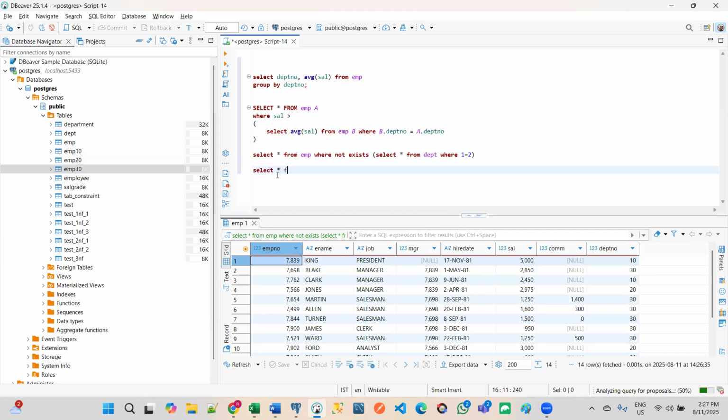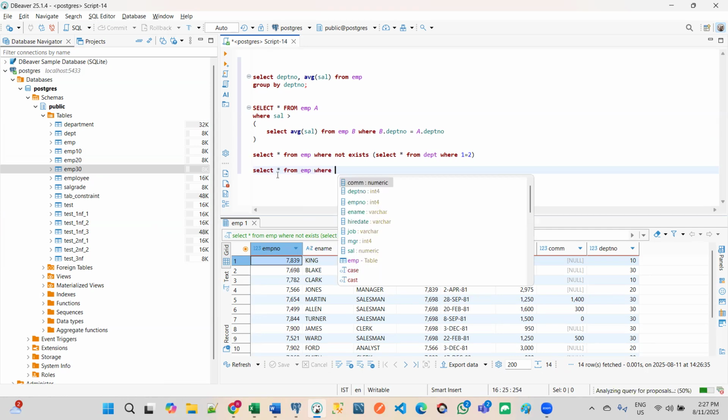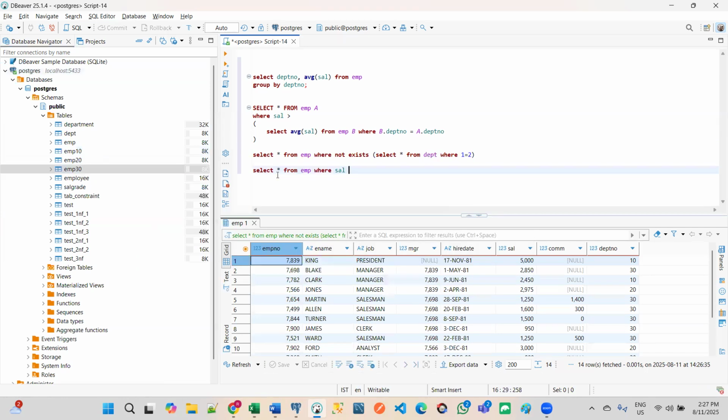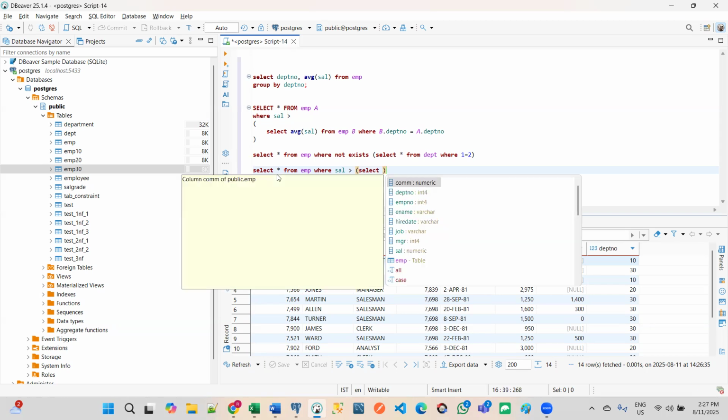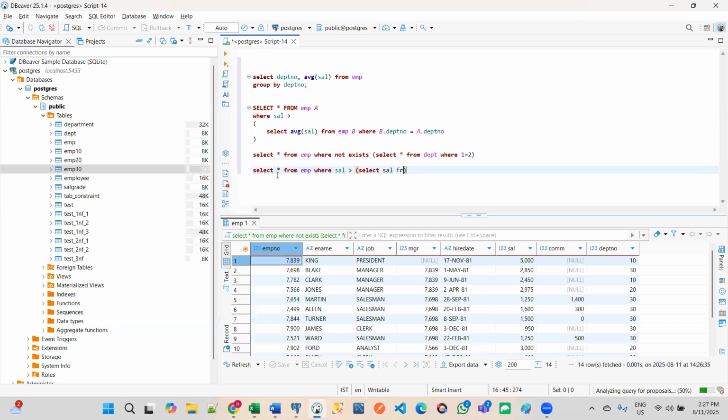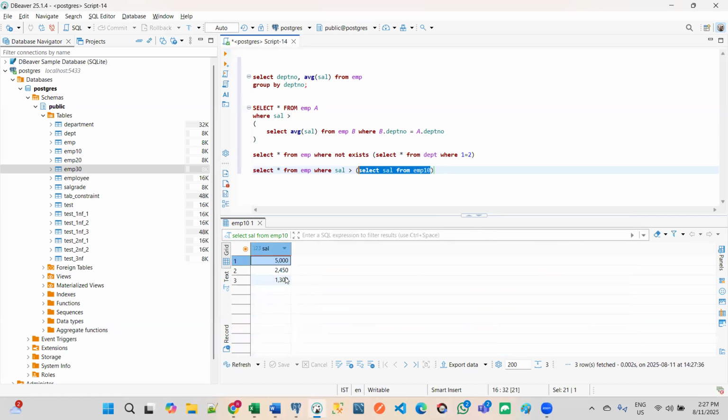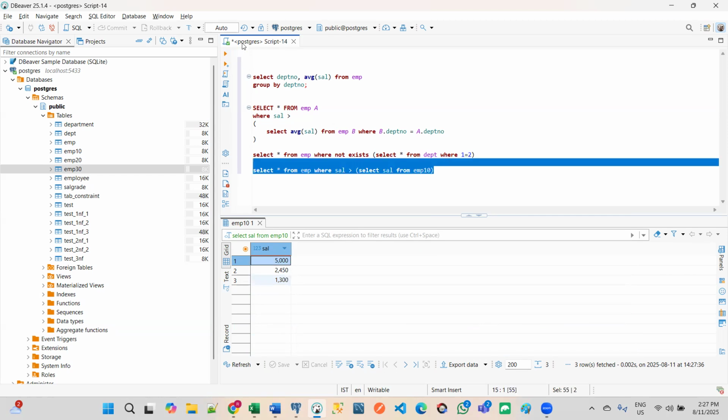So I'm using those tables: select star from EMP where salary greater than salary from EMP10. Here, this is the salary details from employee 10. So if I execute it,